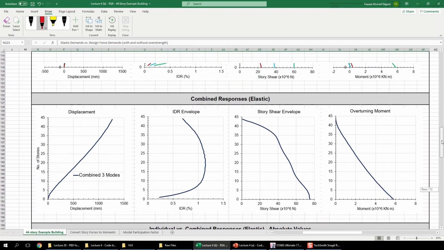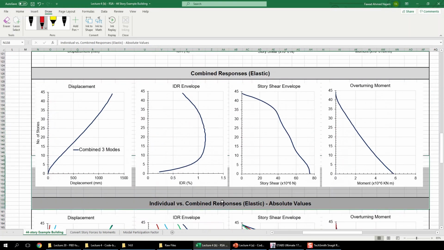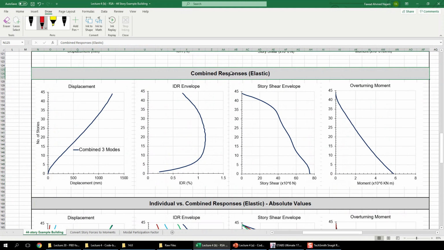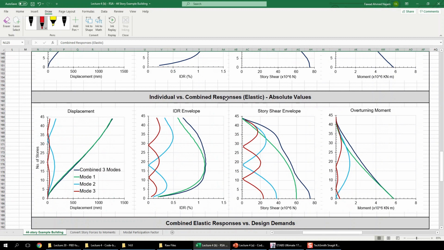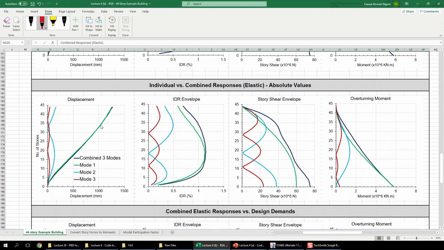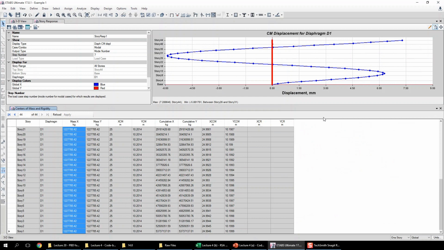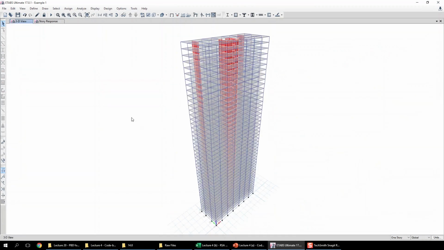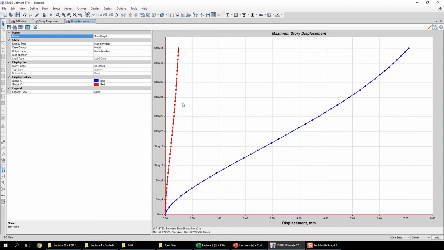So now we will go back to ETABS and we will compare first that our combined responses should match with the results obtained from ETABS in the RSA analysis in X direction, and then we will also calculate the individual modal responses in ETABS, and then we will compare whether they are matching with the individual modal responses which we are calculating in this slide or not. So I will go back to ETABS here and I will cancel this one also, and I will first check the global story responses which are combined for all the modes in RSA load case.